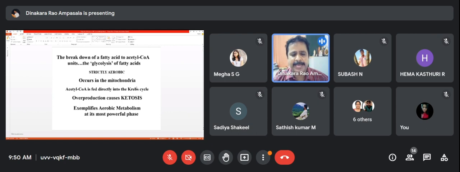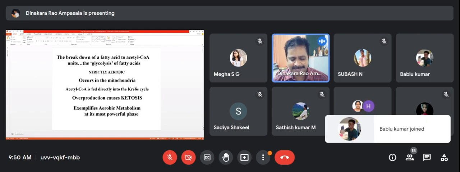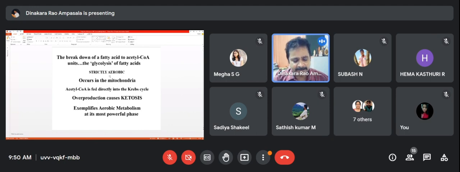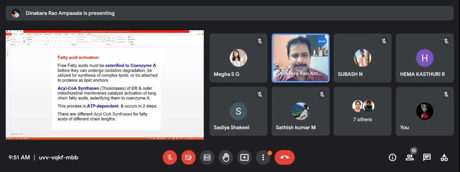Okay, so it is an exemplification of aerobic metabolism, and it is the most powerful phase. So most powerful phase means most energy yielding phase. That's why it is called the most powerful phase. You can see lots of ATP molecules generated from the oxidation of fatty acid molecule inside the cell. Okay, so now